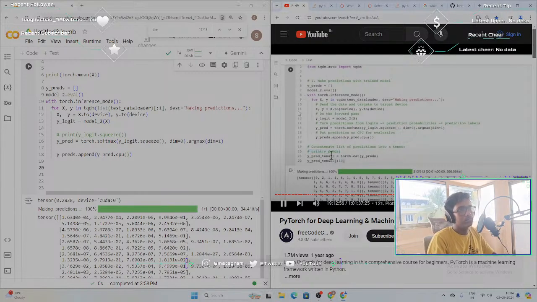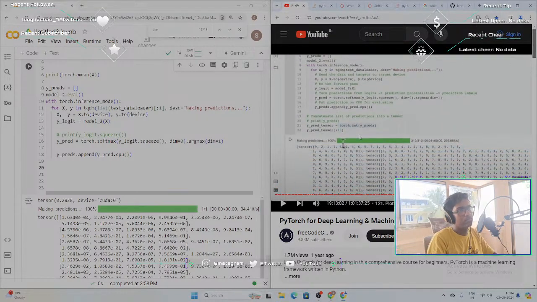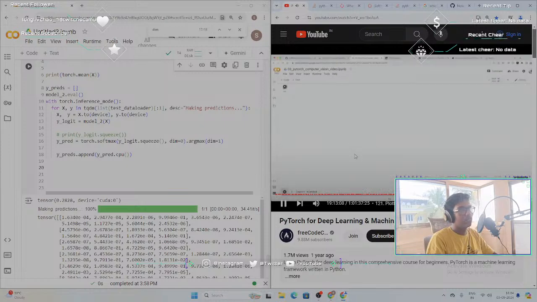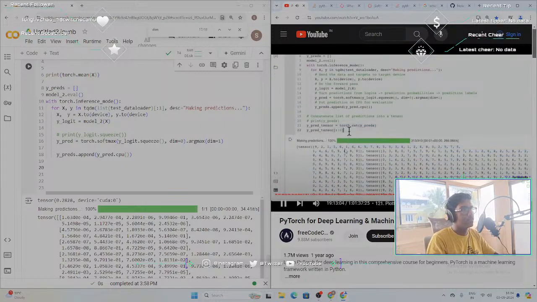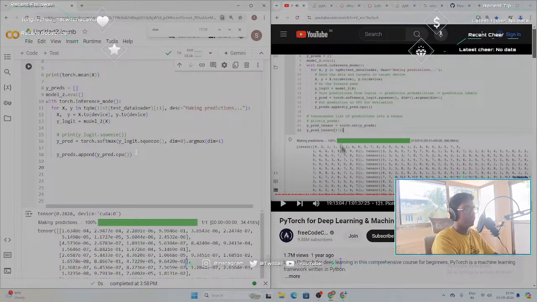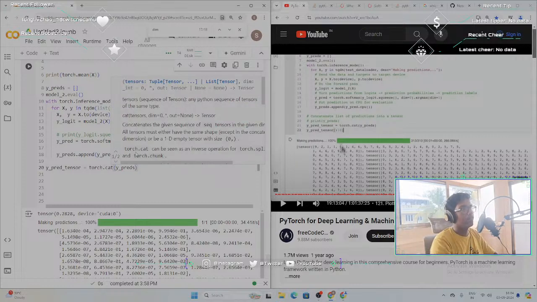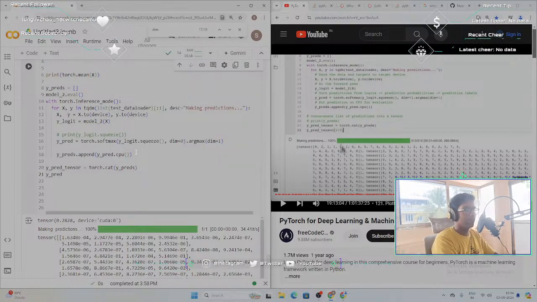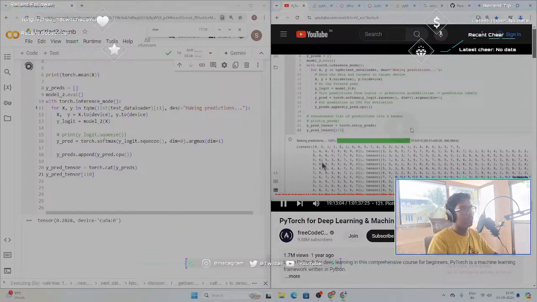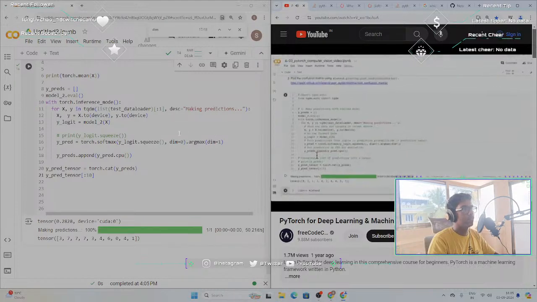So if we comment out print y_preds, this line here, torch.cat y_preds, is going to turn this list of tensors into a single tensor. Concatenate. Now if we have a look, there we go, beautiful. And if we have a look at the whole thing,